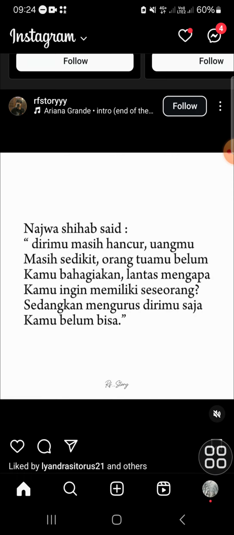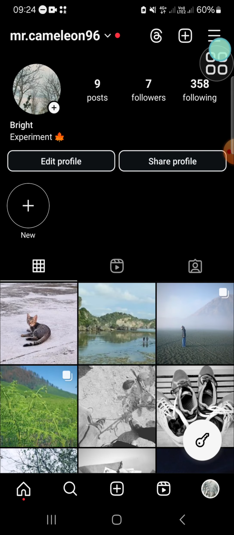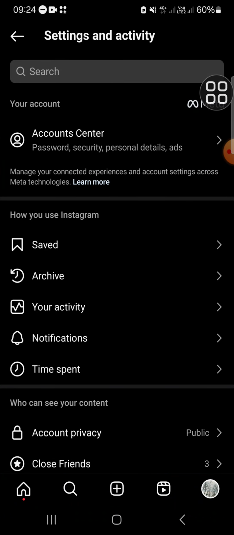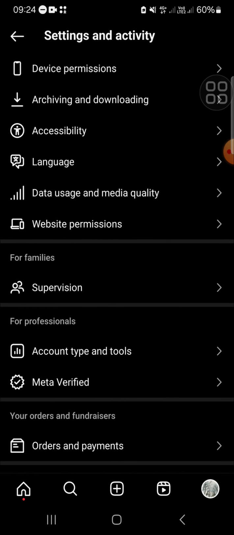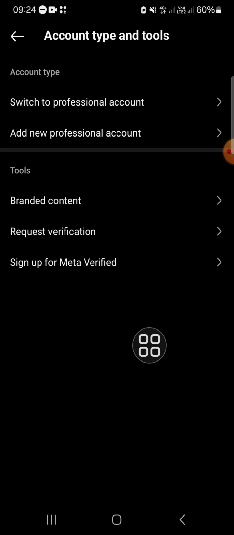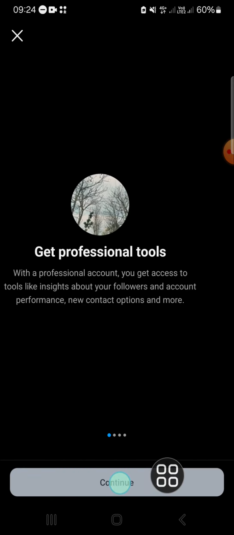So we can go to the Instagram settings. Just click on the three lines on the top right. Then you have to go to the account type and tools right here. Okay, then click on switch to professional account. Click on continue,